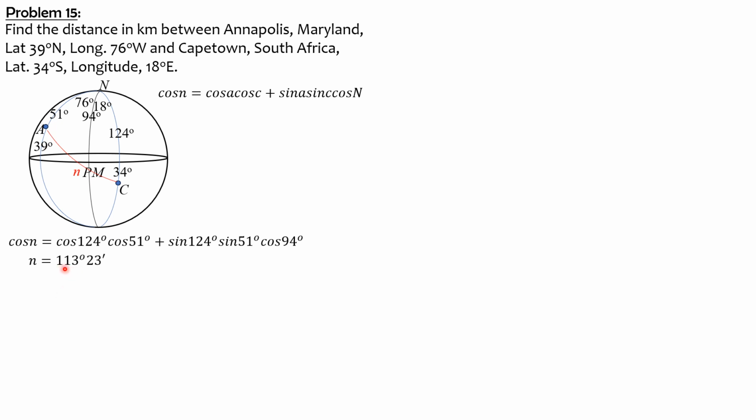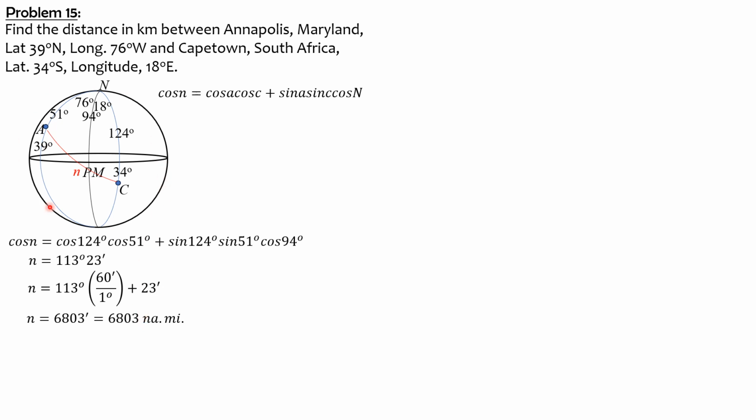Then next we convert this to minutes. 113 degrees times 60 minutes per 1 degree plus 23 minutes, so that we can express that in minutes. Then remember, 1 minute is 1 nautical mile. So 6,803 minutes, which is also 6,803 nautical miles